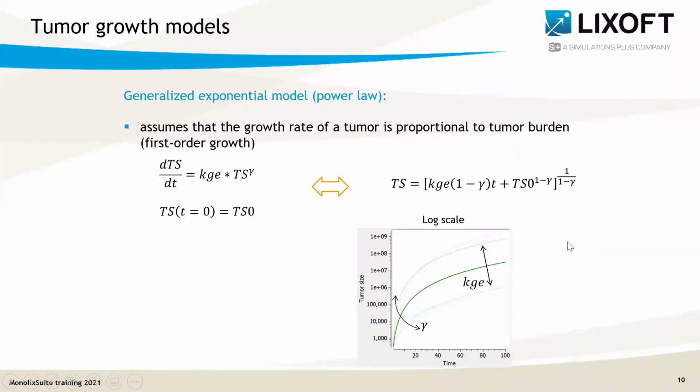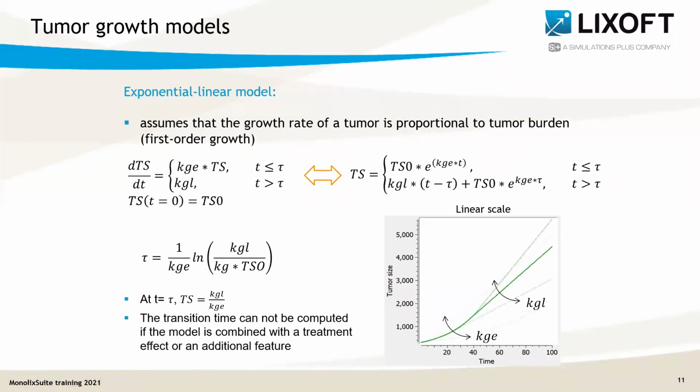There is a generalized exponential model or power law, in which an exponent gamma is added to define a power law for the growth of the tumor. If this gamma exponent is between 0 and 1, then this model provides a description in terms of a geometrical feature of the proliferative tissue. For example, the case where gamma is equal to 2/3 means that the growth rate is proportional to the surface of the tumor rather than the whole volume.